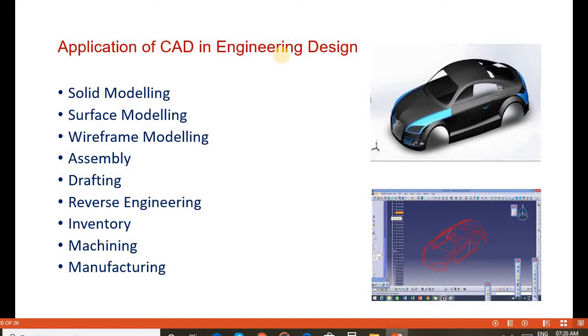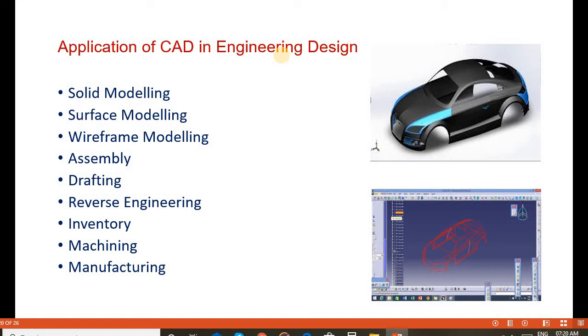Once the data has been stored, it is retrieved by the manufacturing department to manufacture the various products or machine components whenever required at the time of manufacturing.